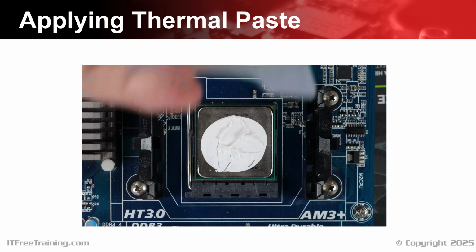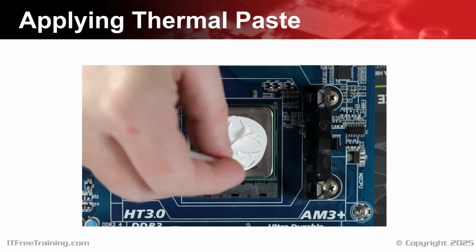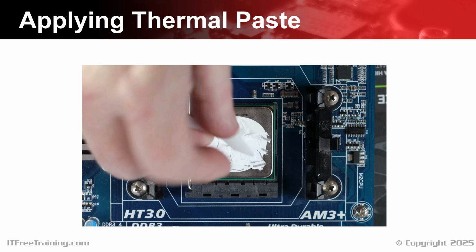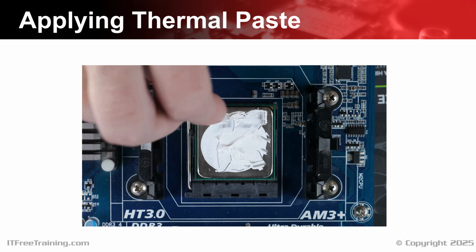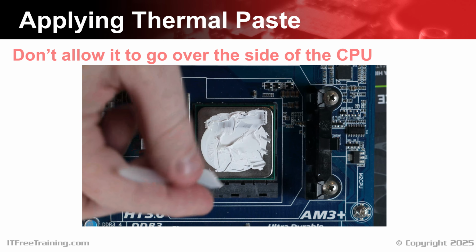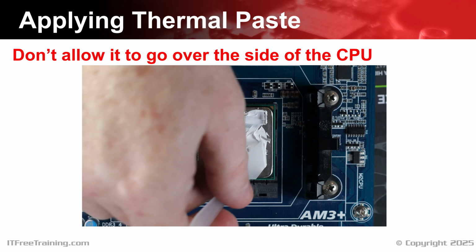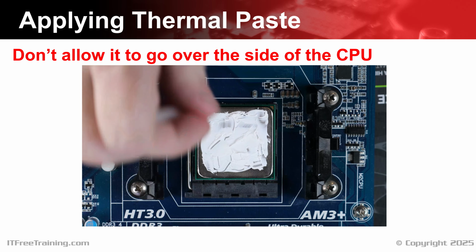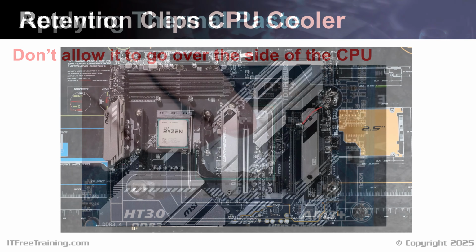Some thermal pastes will come with a spatula. You can use this to apply and spread the paste out. I personally don't use one, as I find a lot of thermal paste tends to stick to the spatula, making it hard to use, but you may find that you prefer it. If you do use it, leave some space around the edges of the CPU so thermal paste does not spill over the side. You're not icing a cake, and remember the paste will spread out when you put the CPU cooler on. Let's now have a look at how to put on the cooler.